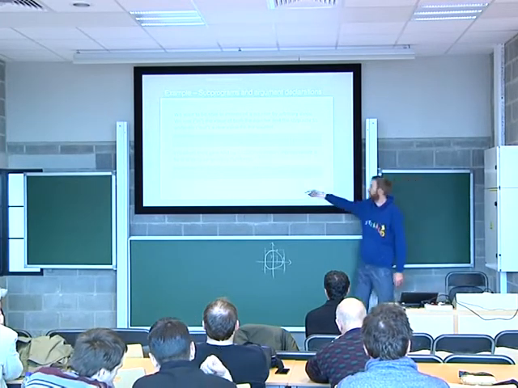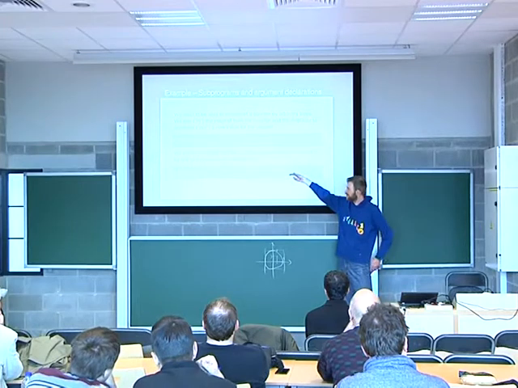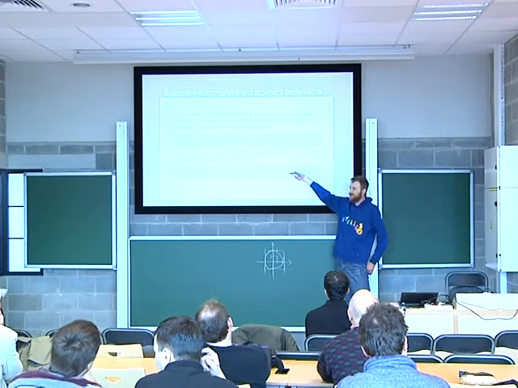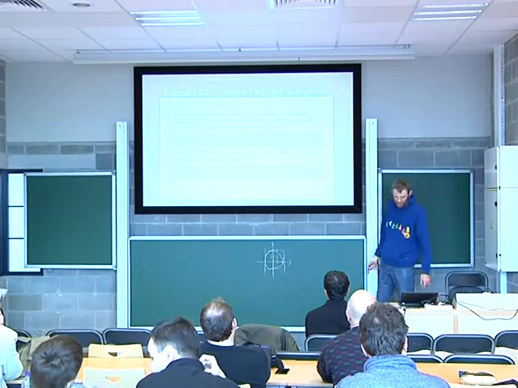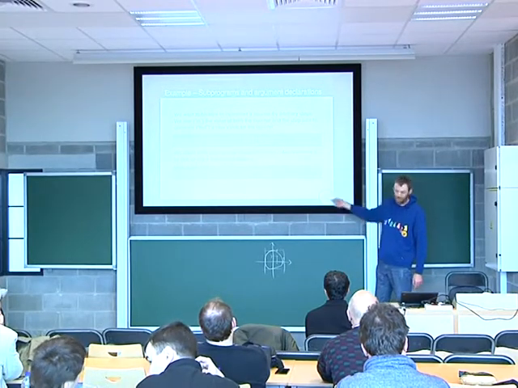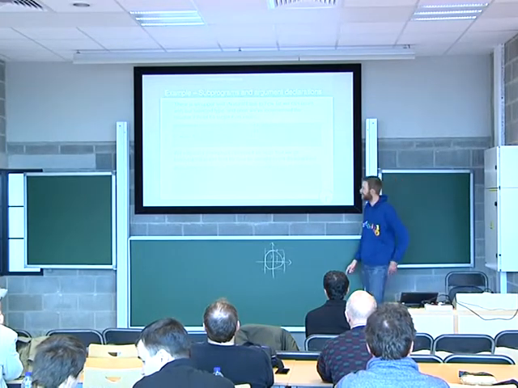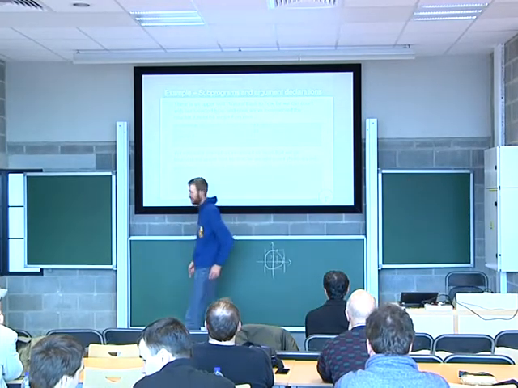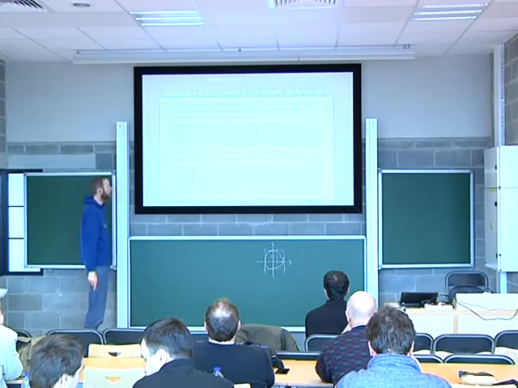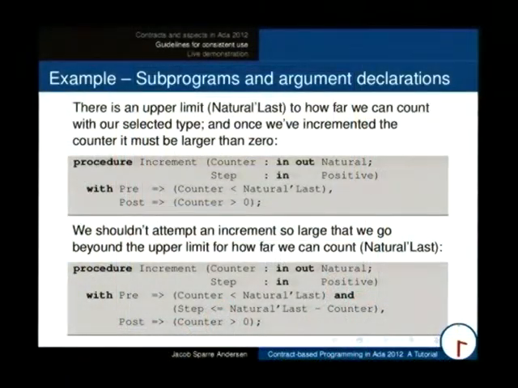So now we've put some constraints here on the counter and on the step size. This is something you've always been able to do in Ada. Some of the next steps here, that's specific. Well, we put in a precondition. Since we're going to increment, the counter can't already be the last possible value of our integers. And the postcondition, well, it will definitely be more than 0.